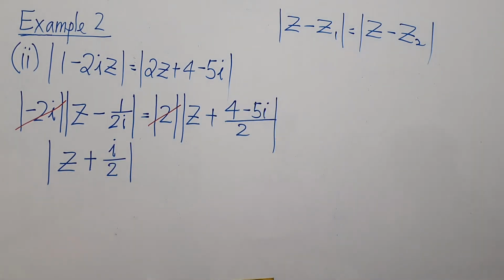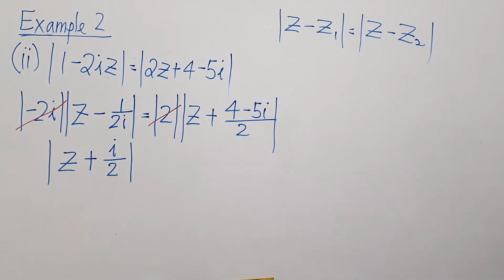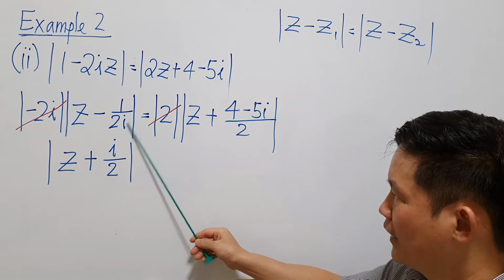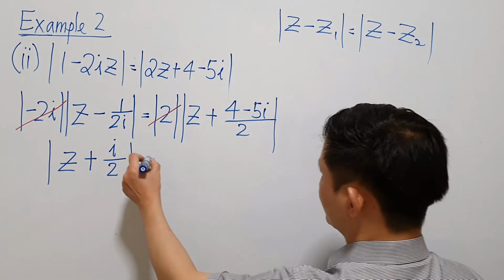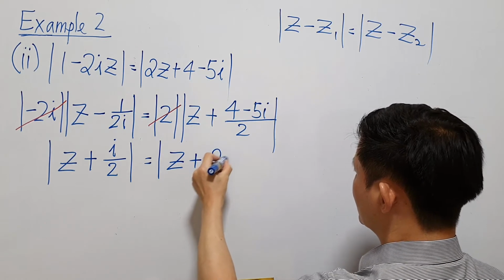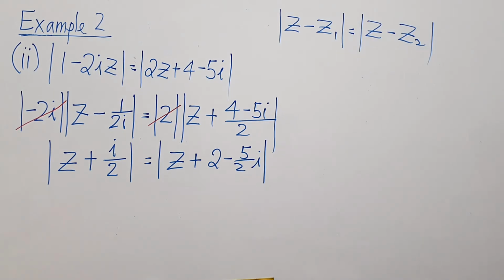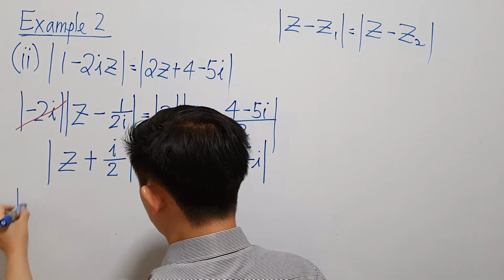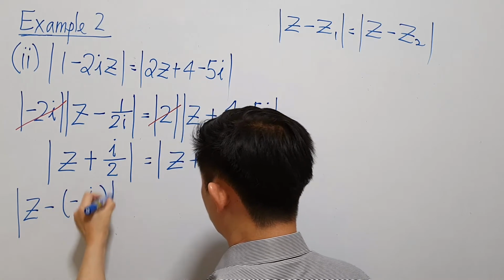What I have done here is I have simply multiplied by i to the denominator and by i to the numerator. If you multiply i to the denominator, you get minus 1 because i squared is minus 1, which goes with this minus, making a plus. And then on the other side, it is just the same, not much change. I'm just rewriting. And then now to make this one look like this, I'm going to do a final rewrite. I'll rewrite this thing as z minus equals to